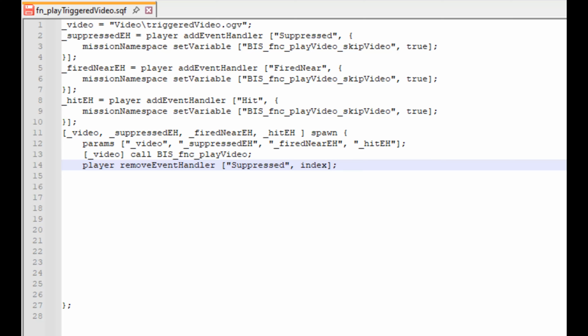Lastly, we will use the local variable we created earlier, which was passed into the spawn code block. This local variable saved the index number for the event handler. So now by passing this variable into the command, we don't need to know the number. Therefore, we will write _suppressedEH where the index number should be. Now, the first removeEventHandler command should look something like this: player removeEventHandler ["suppressed", _suppressedEH];